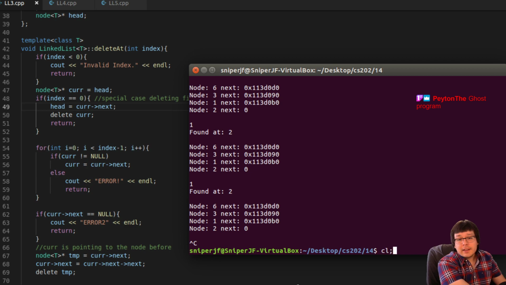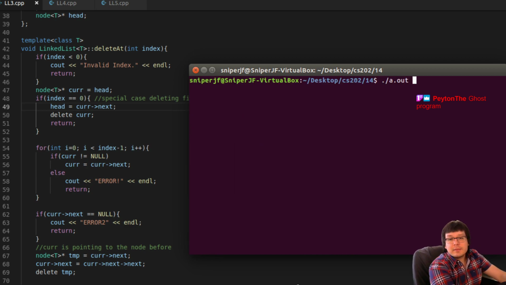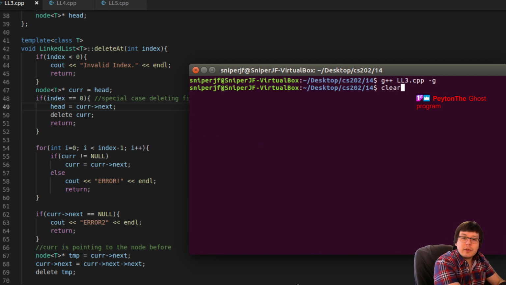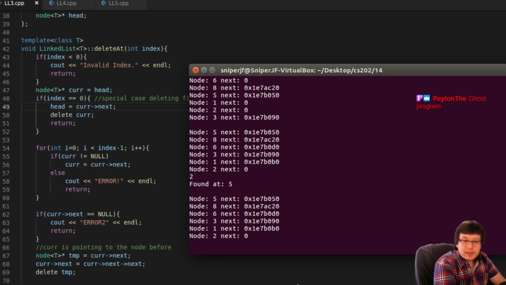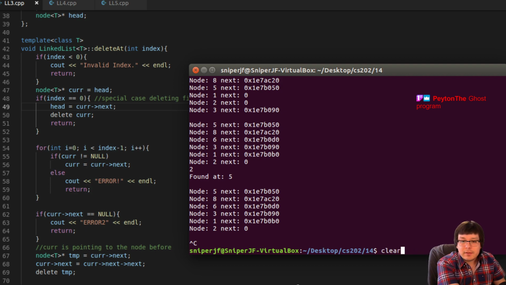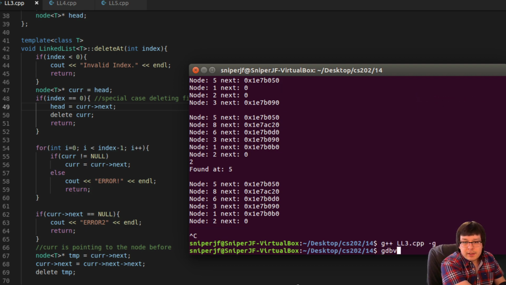Okay, let's try to see if we can find a defined system that's not working and we can run the debugger on that. So I think if we run it and we immediately try to delete the 2, it does not work. Okay, so let's try to run that version of the debugger. So gdb a.out.